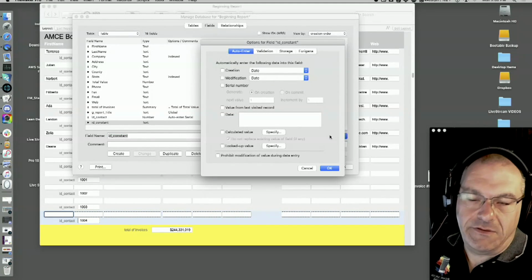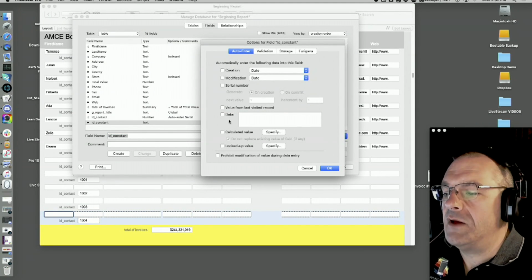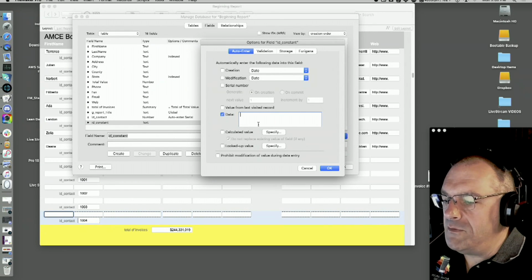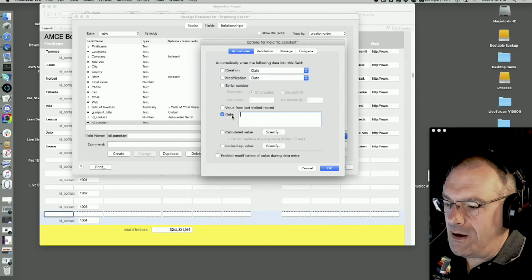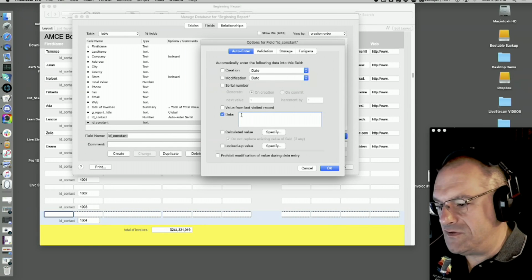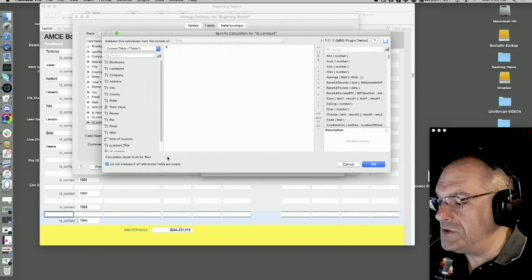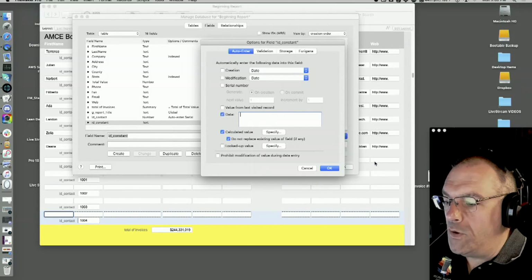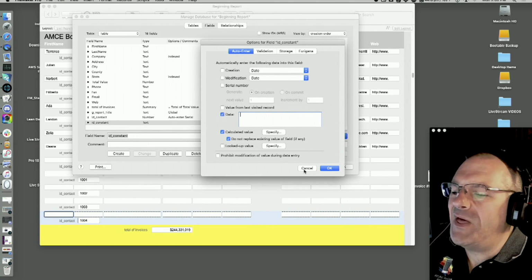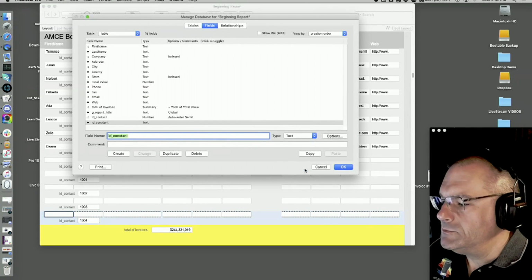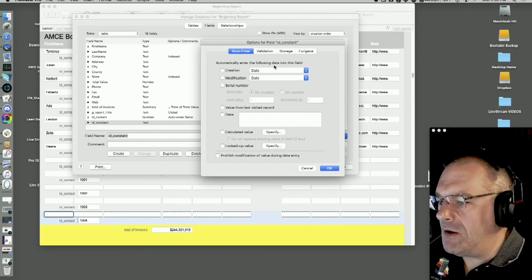So a constant in math is a fixed thing that doesn't move around, right? So what I do is I always program it to be a 1. You can have it auto enter data as a 1. Normally you define this at the beginning. You could have it be a calculation as a 1, a stored calculation as a 1. So I say 1 there. That's an auto enter. Just for the moment, let's just make it a calculation field.